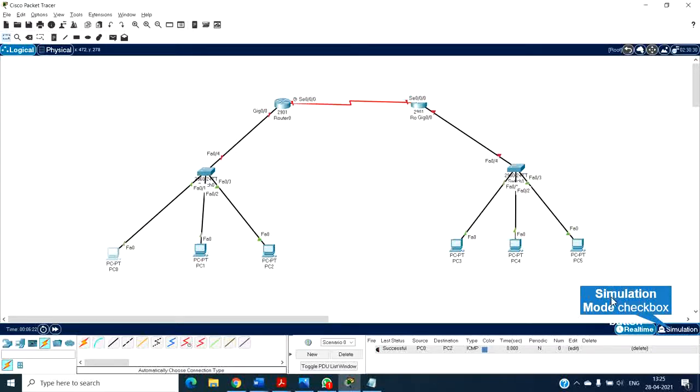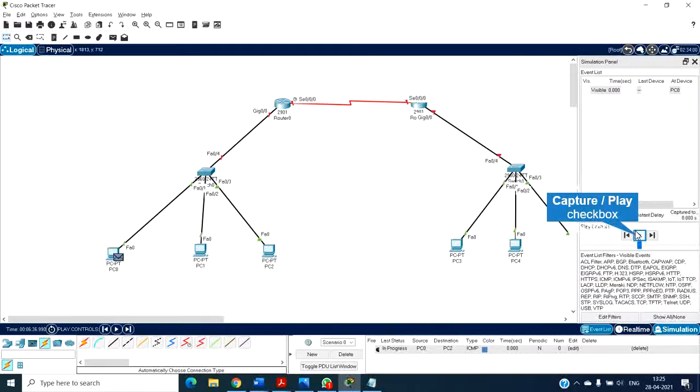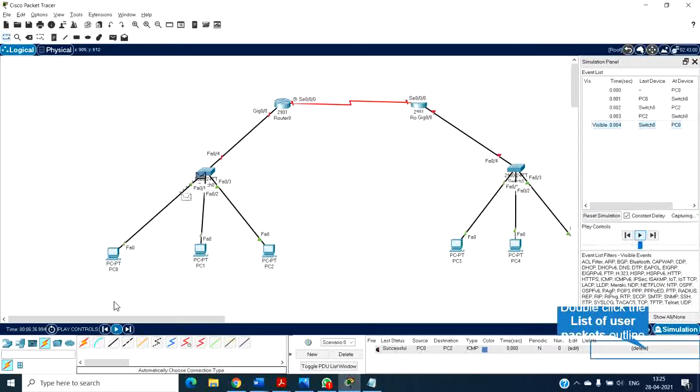So what happens, I'll show you in simulation format. It sends a packet from PC0, goes on to the switch, and then finding out it is in the same network, it will just go on to PC2 directly. There is no router involvement here at all. Acknowledgement will be received now. So this forms the first scenario.